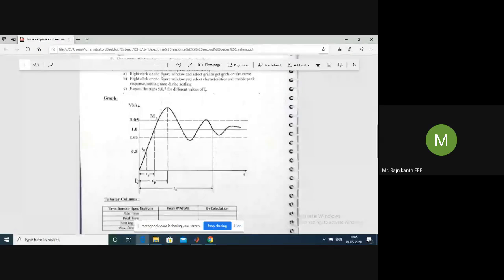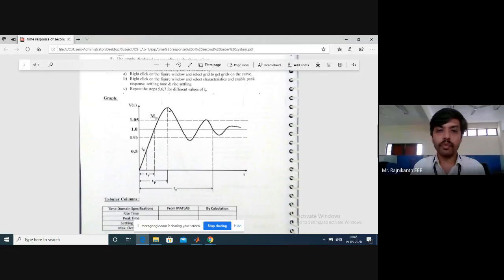The rise time is nothing but the time taken to rise from 0 to 90%. It is called rise time, peak overshoot, and settling time. The settling time is how much time it takes to settle to a stable value. Peak time is the time to reach the overshoot. This is the transient period. We need to measure these, using the equations.